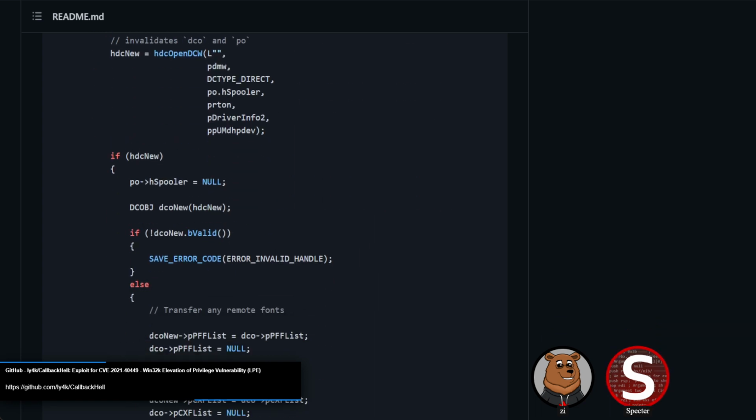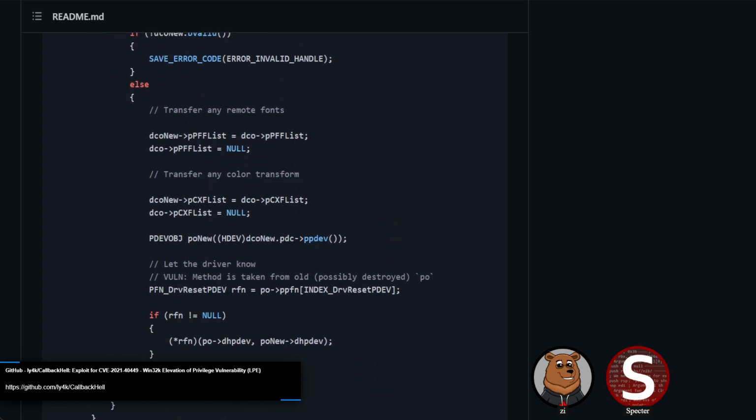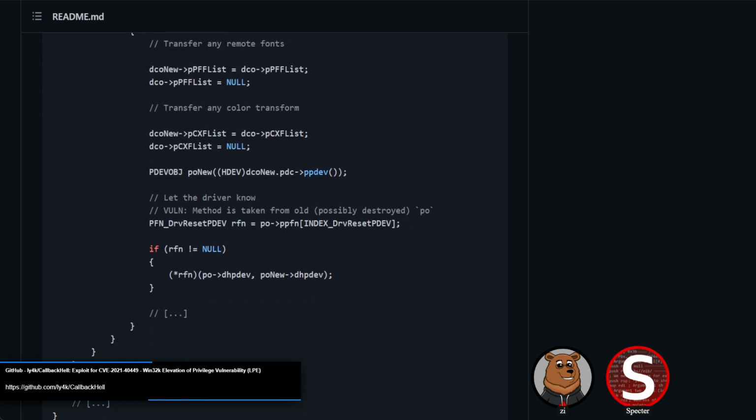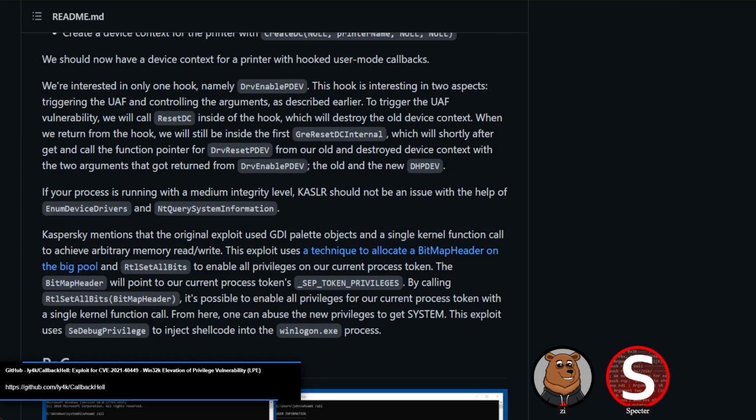It's not like the PHP-FPM bug where they had to chain a bunch of corruption primitives. This one, as soon as you reallocate, there's a function pointer that gets called, and you can just get a hijack there. They point out that KASLR isn't really an issue here because it's Windows, and as long as you can use NtQuerySystemInformation and EnumDeviceDrivers, which is available in medium integrity, you can get kernel pointers and